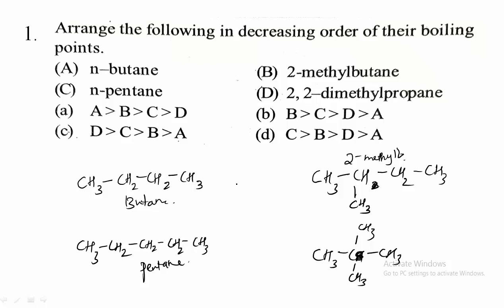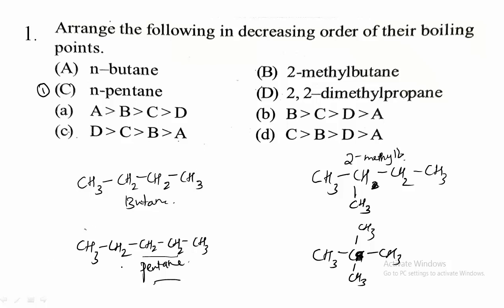As in the theory classes you have learnt that the isomer which is having straight chain and higher alkane is having high boiling point as well as melting point. So among these, the one which is higher alkane is pentane and it is having straight chain. So compared to butane, pentane is having straight chain and consists of more carbon atoms. So molecular weight increases and therefore the boiling point will also increase. So this N-pentane, which is option C, is having higher boiling point, first one.